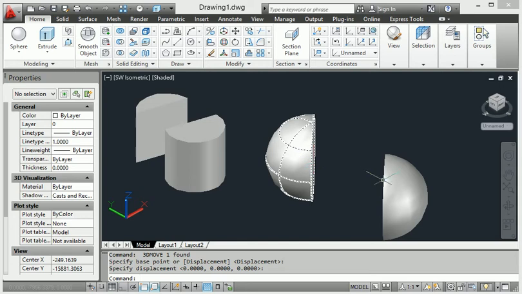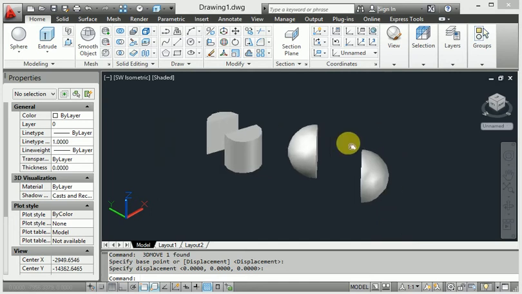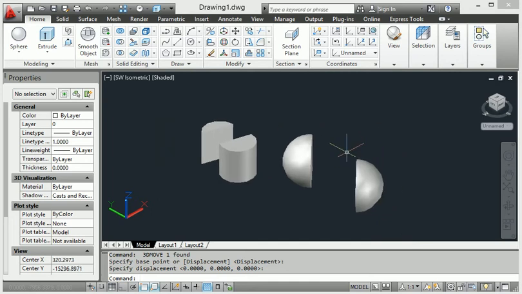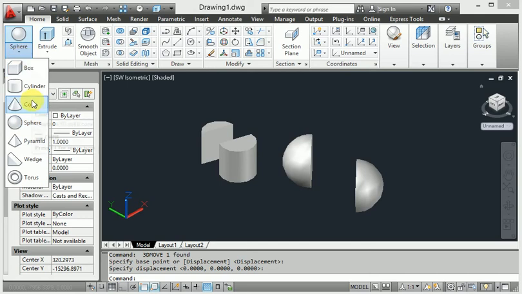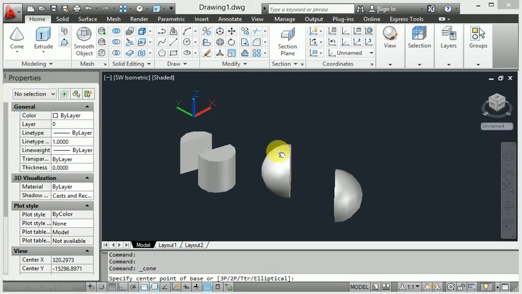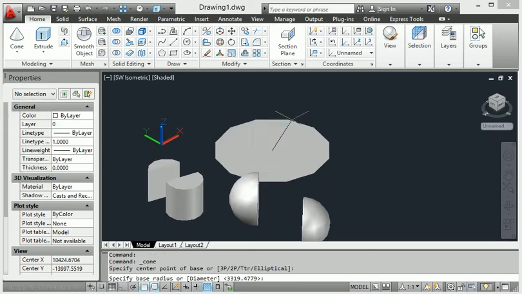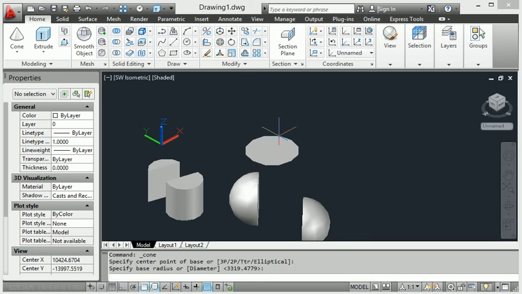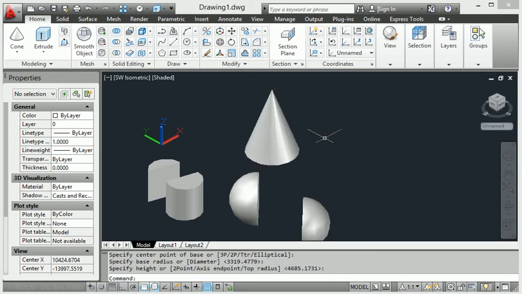Whatever you make in your body, you can properly cut to size. Just like with the cone, we make another circle. When I make the cone here, I also extrude some distance. Okay, so this one is the cone.